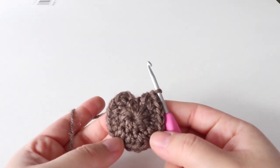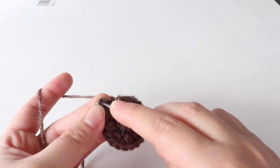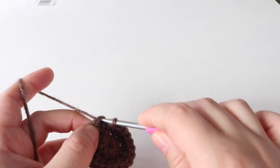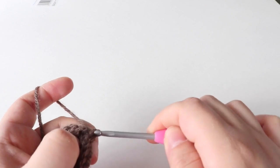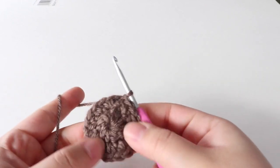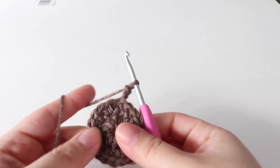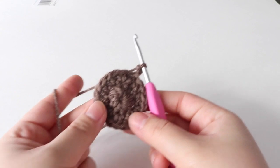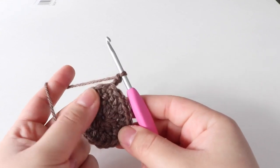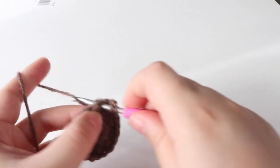Okay, now that we have round 2 completed, go ahead and join to the first half double crochet. Again, in this pattern, the chain 2 in the beginning of the rounds will not count as a stitch. So on to round 3, chain up 2, and we are going to increase in every other stitch. So how we're going to do that is 2 half double crochets in the first stitch,